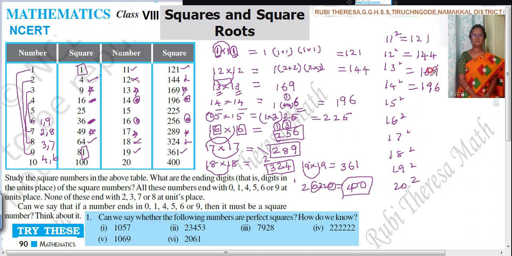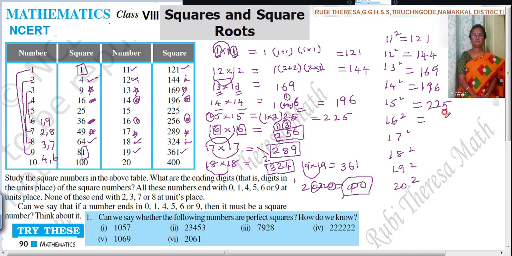69, 96. 15 already we know, isn't it? Last 2 digits are 25. Then 1, 2 is 225. So these 5 within a fraction of a second you will be able to write. Here also you will be able to write. But you see, I told you the conditions here, no?